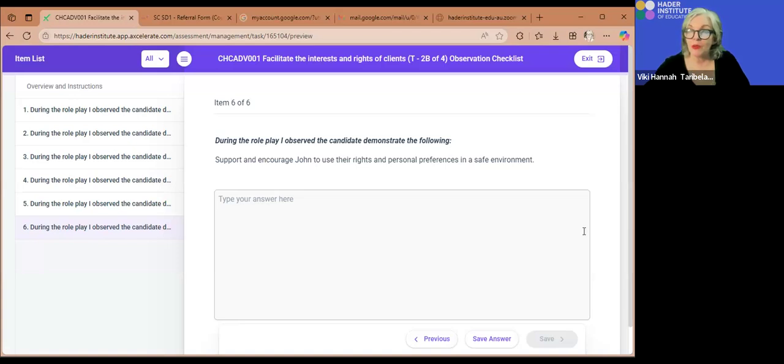And the instructions are there in the role play instructions when you go into this unit, and it says click on this link, and it breaks down how the person that's going to be John plays that for you. So that's task 2. Then, of course, task 3 is role play, and task 4 also is role play. And there's supporting documents that you need to fill in for each of your role plays as well. So if you're a sector worker, this may come to you a little bit easier than others, but know now that I've shown you, you're only being assessed on those things. Not all the things you know about a Men's Shed.